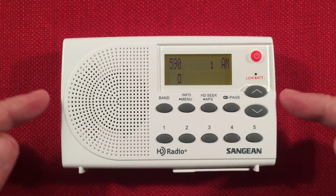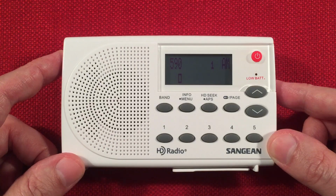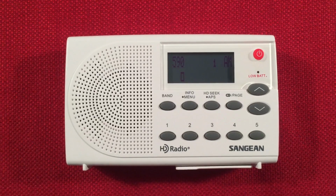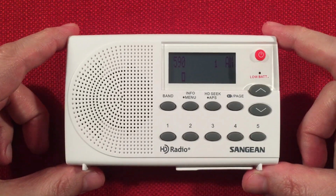Okay, this is 590. That sounds like we're getting a weird, horrible effect. WKZO, Kalamazoo, Michigan. Let's bring a loop in. I'm going to adjust my tripod a little bit here. Get it a little straightened. I feel like it goes a little off. Okay, there we go. Let's bring this